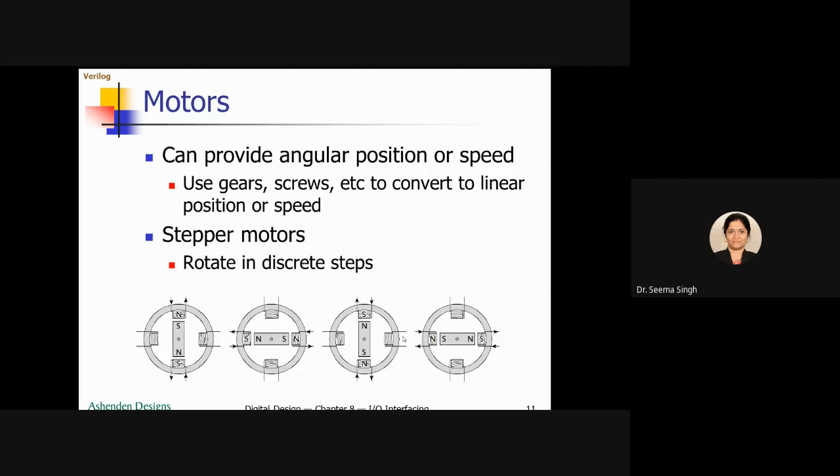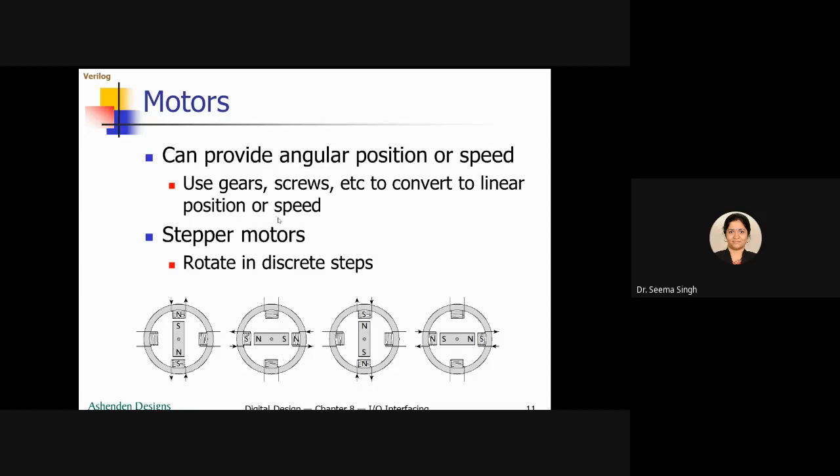Output device means I have controlled the circuit and I need to produce the motion. So this producing of the motion, or this transducer, may also relate to converting your electrical signal to a rotational motor signal. So you all know the working of this type of motor.